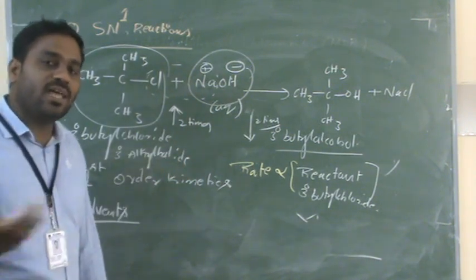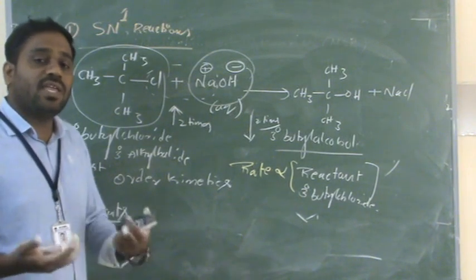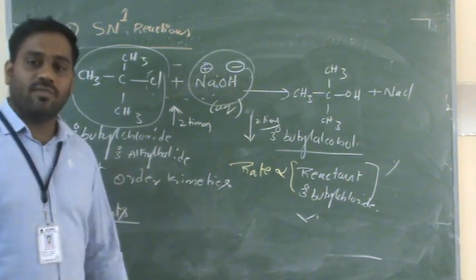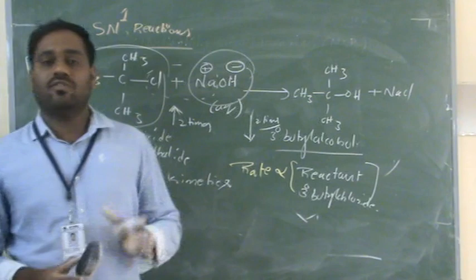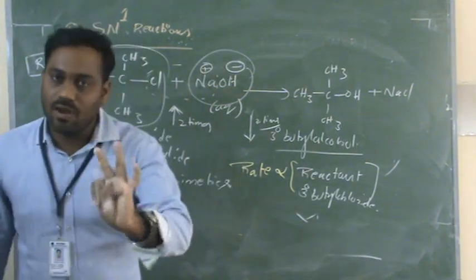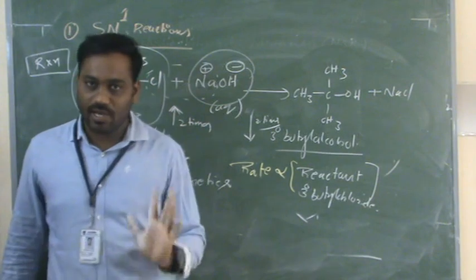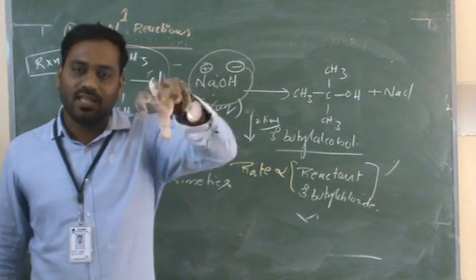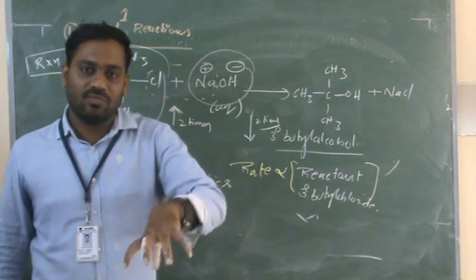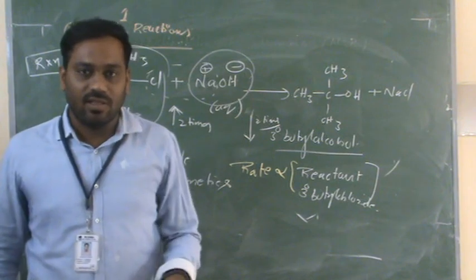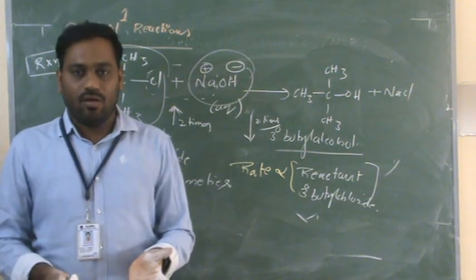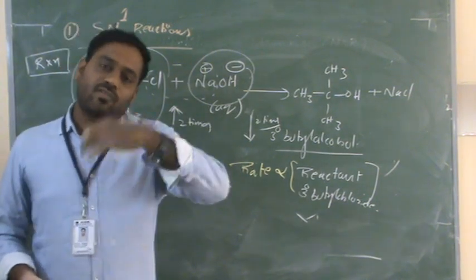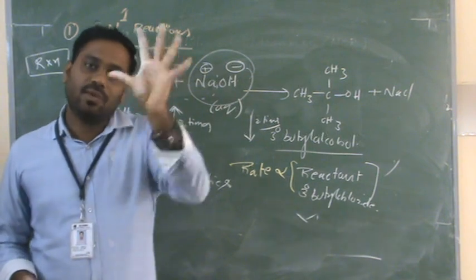Solvents are used to make the reaction proceed. We take them in excess quantity, and that we call solvent. There are so many types of solvents in chemistry: polar solvents and non-polar solvents. The solvent is the medium in which we take the reaction mixture, and it should be in excess quantity. If you take a beaker, first we pour some solvent, and after that you take the reactants. The solvent should be in excess amount.